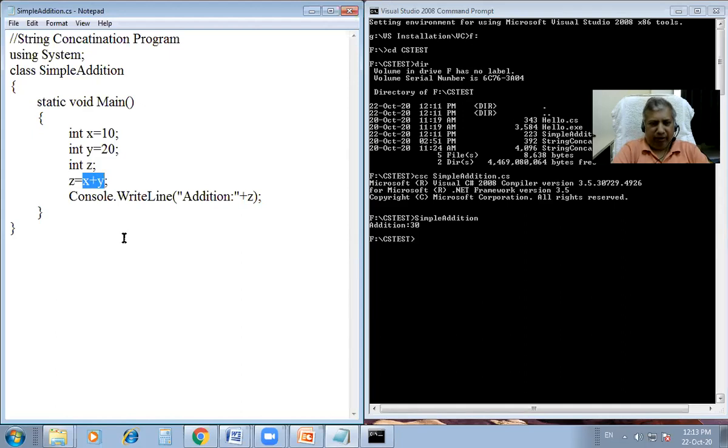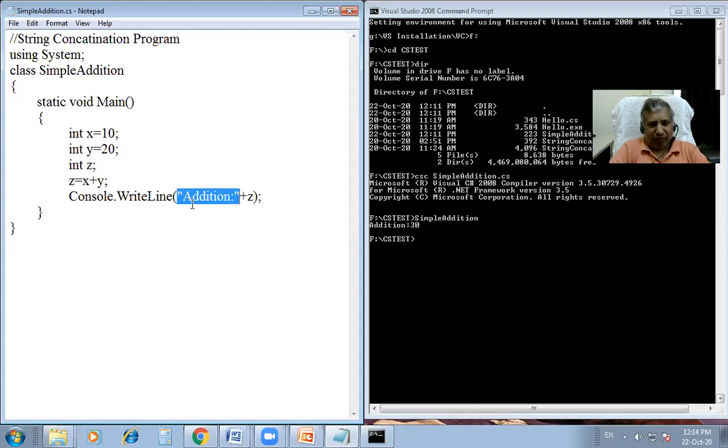I will repeat again: when plus is used with two numerical operands, it will work as a binary addition operator, and therefore it will perform arithmetic operations on x and y. 10 and 20 will be added and the outcome 30 will be placed in z. Now the next part, console.writeLine. It is used to display a line on screen, and what we display should be in the form of a string. Here I'm using, in double quotes, addition colon.